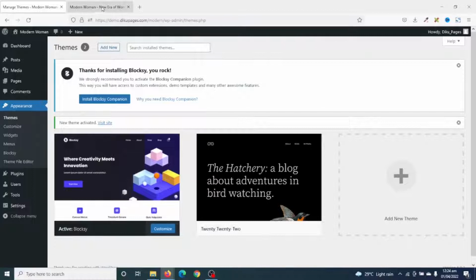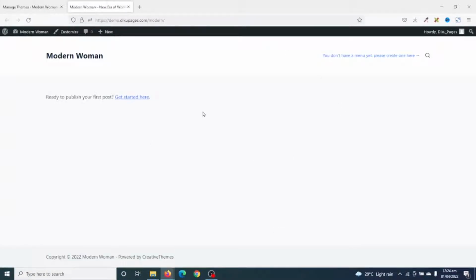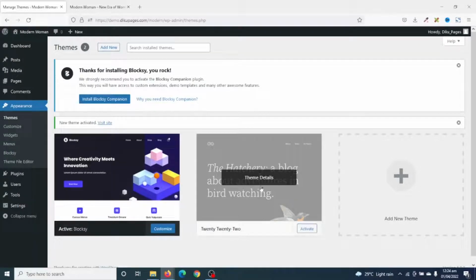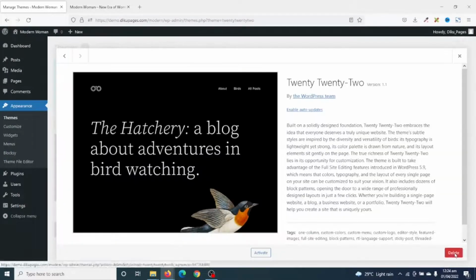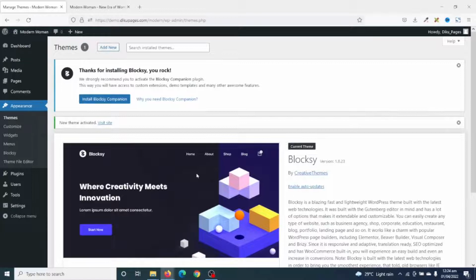Let's go ahead and see the new look of our website by refreshing. So now this is the new look and feel of our website. It's still very plain, but we'll make it beautiful in a moment. Going back, now I can go ahead and delete this theme since we have installed the theme we want to use for our website. Perfect. Now after installing the Bloxy theme, it will be recommended that we install the Bloxy companion, that is a